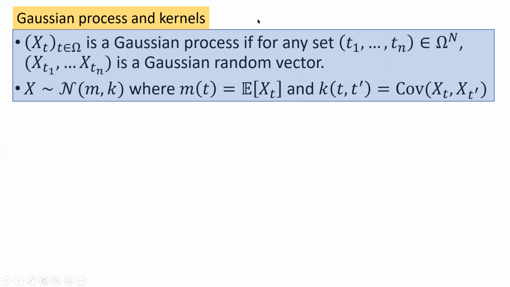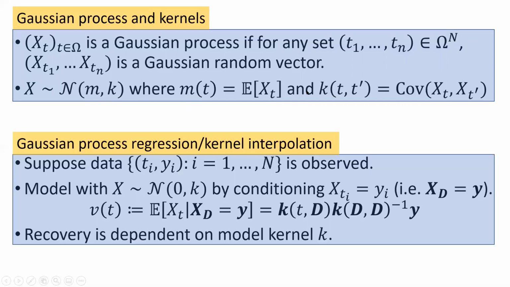Here we have the definition of a Gaussian process. It's just a generalization of a Gaussian random vector to a domain omega. It's specified by a mean function and a covariance function, or covariance kernel. In order to apply Gaussian processes to this learning problem, we model our data with some model kernel. Here we take it to be centered, and we condition it upon our observation points Ti, Yi, and we interpolate the data with,